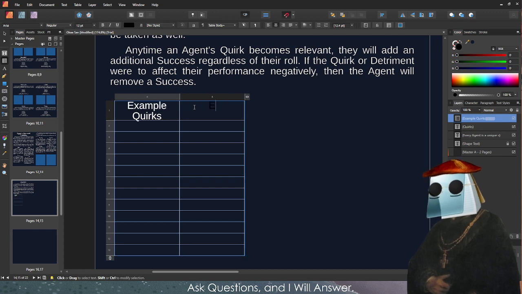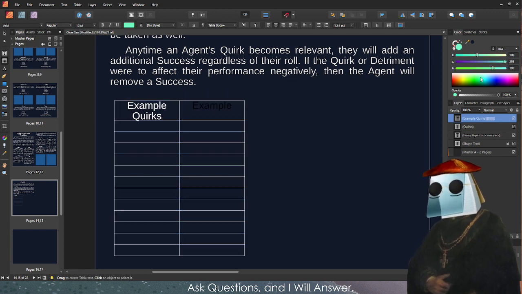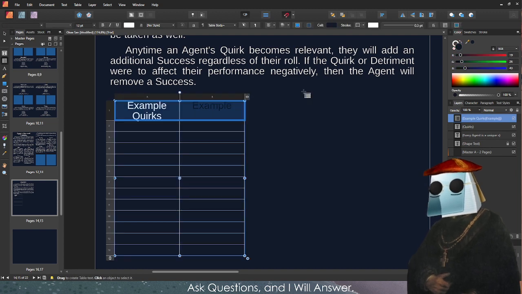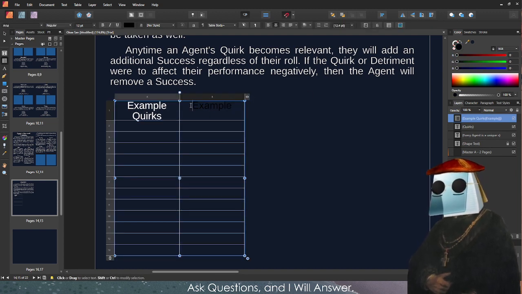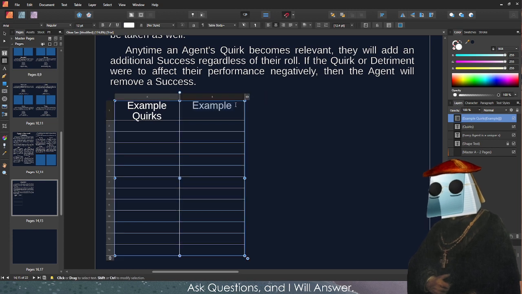Let's see if this... nope, okay, it did not carry over. It did not carry over in the slightest. No, okay, we want to select this. We want to go up here. Okay, we want to do that, and then